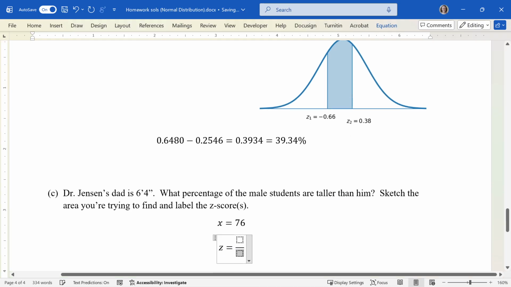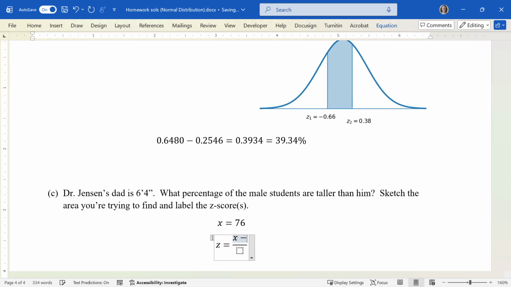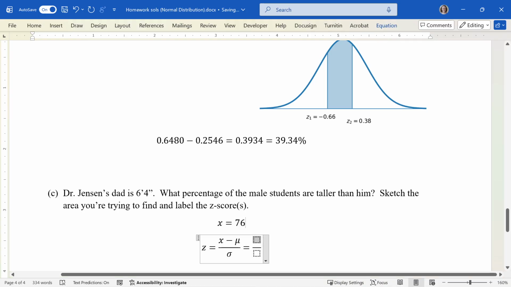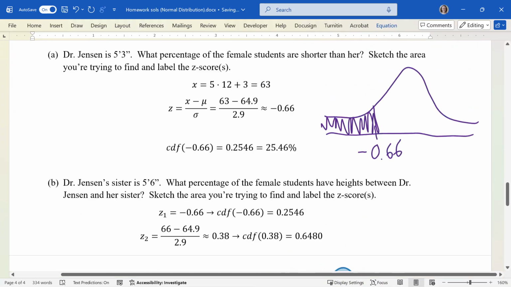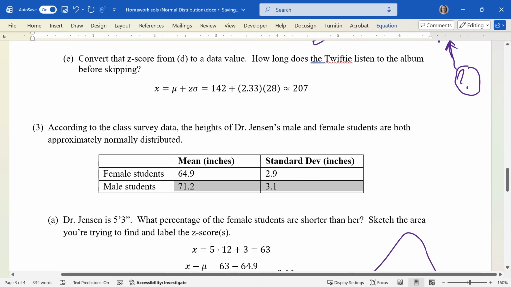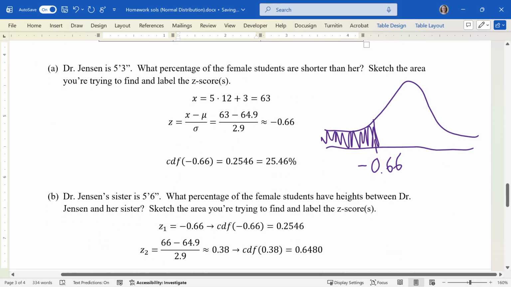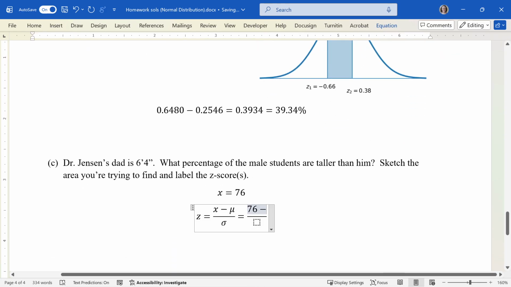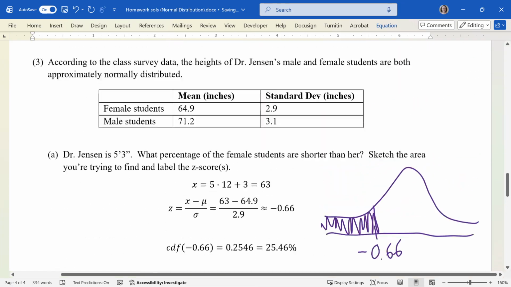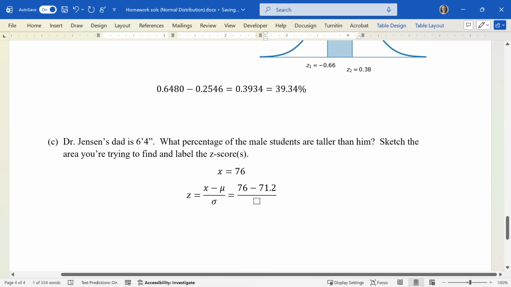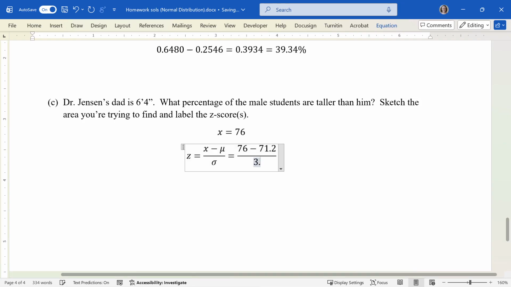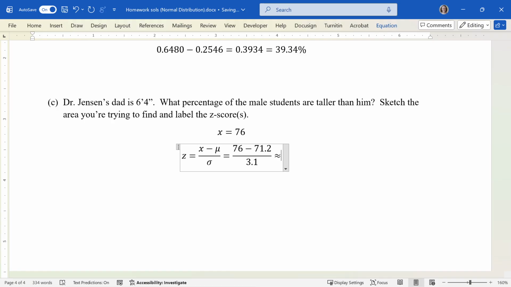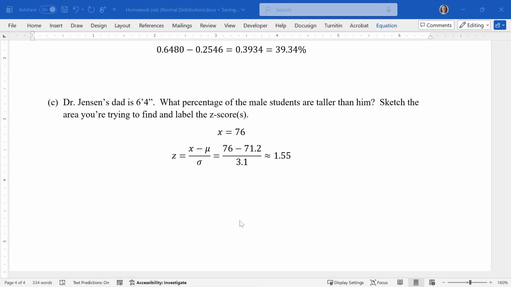And then for the z-score, we're always doing data value minus the mean, divide by standard deviation. So we're going to do 76, and now for the mean and the standard deviation, we're using the men's values. Okay, so we're going to use 71.2 for the mean, and we're going to use 3.1 for the standard deviation. So I think he's got a pretty big z-score here. Okay, so I'm getting